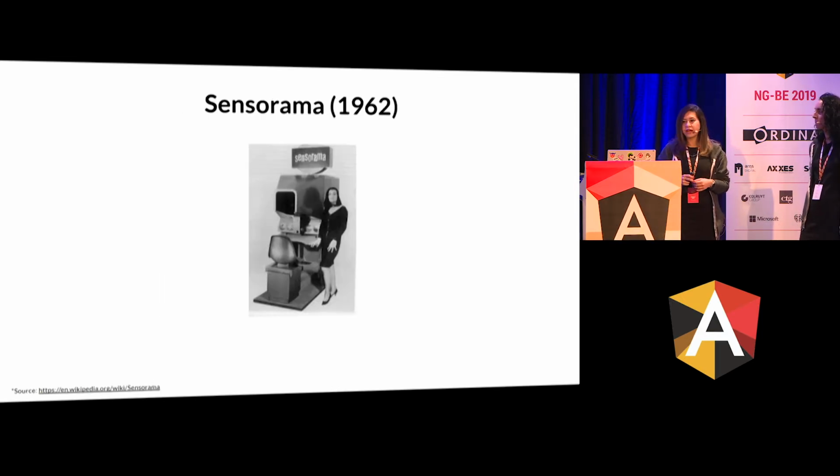And then later on in 1962, there was the Sensorama. It was like an arcade, and just like Sheldon Cooper, they could add smell to it as well, and with that, people could have an experience closer to reality with the combination of all of these things together. But the problem was that the Sensorama was a pretty costly machine, and there was not much traction in that.